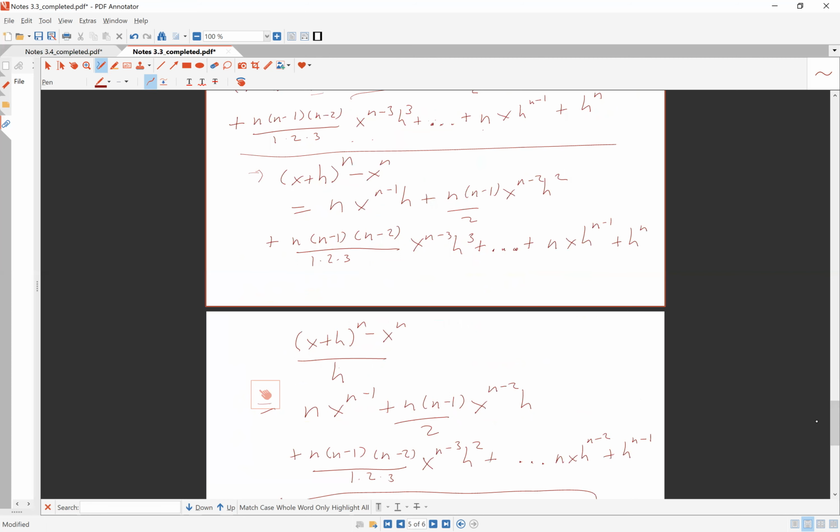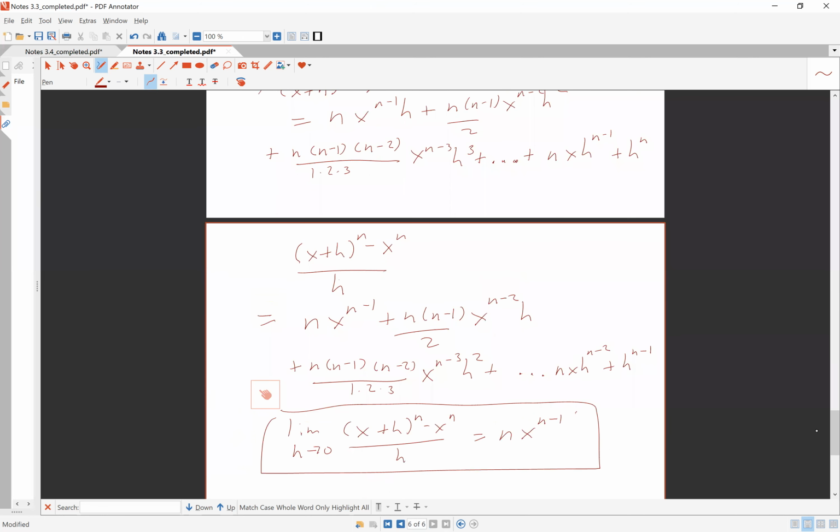And so what's going to be left? You're going to get n times x to the, see, the h term cancels. That first term, the h goes away. n times x to the n minus 1 plus n times n minus 1 over 2, x to the n minus 2 times h. Now all the terms add up, the exponents add up to n minus 1, then plus n times n minus 1 times n minus 2 over 1 times 2 times 3 times x to the n minus 3 h